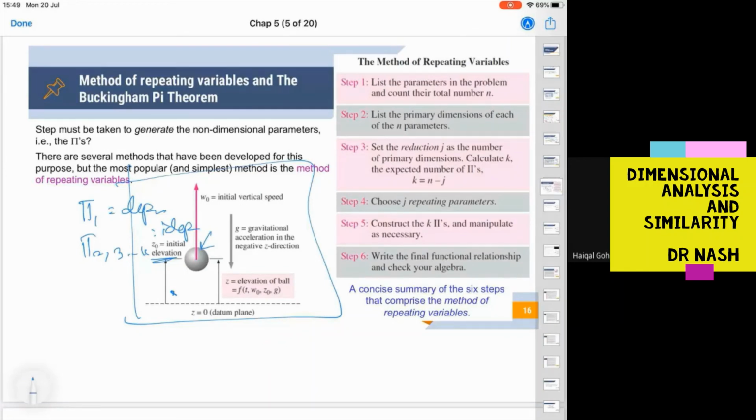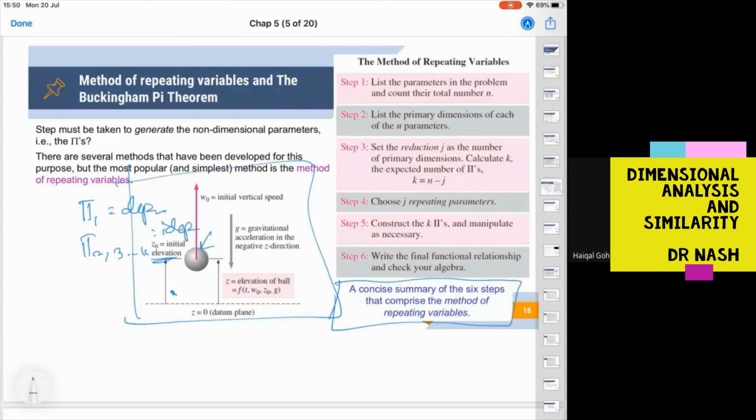So if you look at this, I want you to look at this first. So tomorrow we can have speedy teaching and learning. There are 6 steps on how scientists make use of Buckingham-Pi theorem, then by using the repeating variables to get finally the functional relationship of equation or term. So step 1,